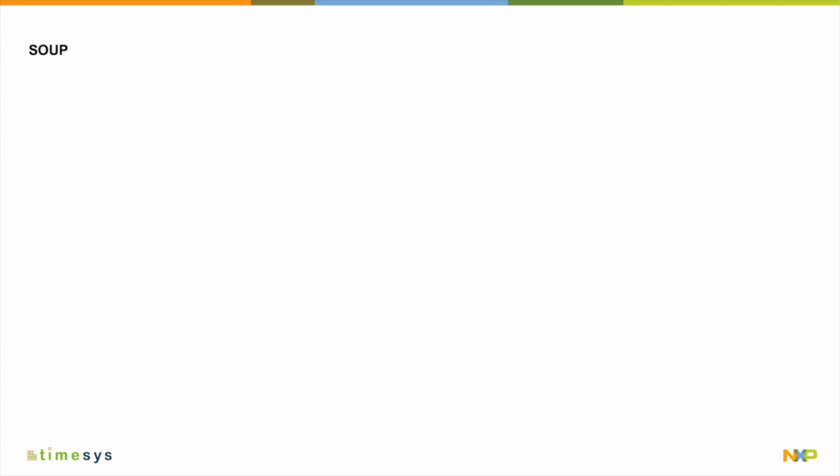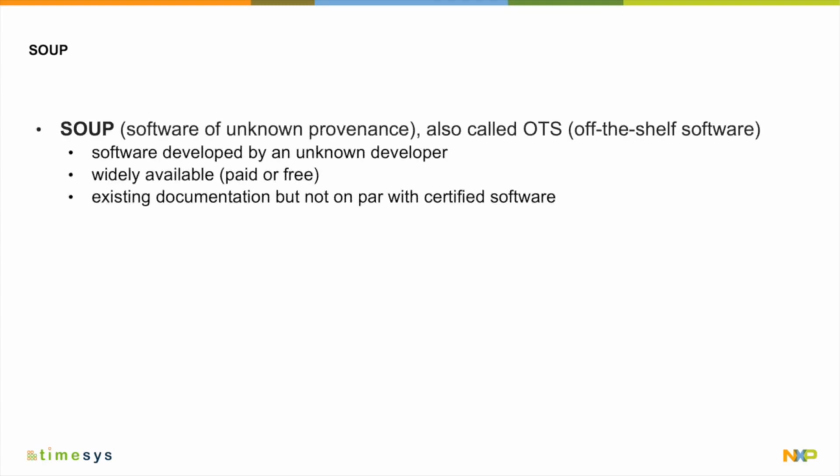The other option, especially when we work with open source software such as Linux, is to use software of unknown provenance. It's also referred to as off-the-shelf software. In this case, the onus is on the manufacturer of the device to document the software that's being used in the product. In case of Linux, we are dealing with software that's developed by an unknown developer, that's widely available, it's free. There's existing documentation, but it's not adequate compared to the documentation that's produced for certified software. So it's a responsibility of the manufacturer to